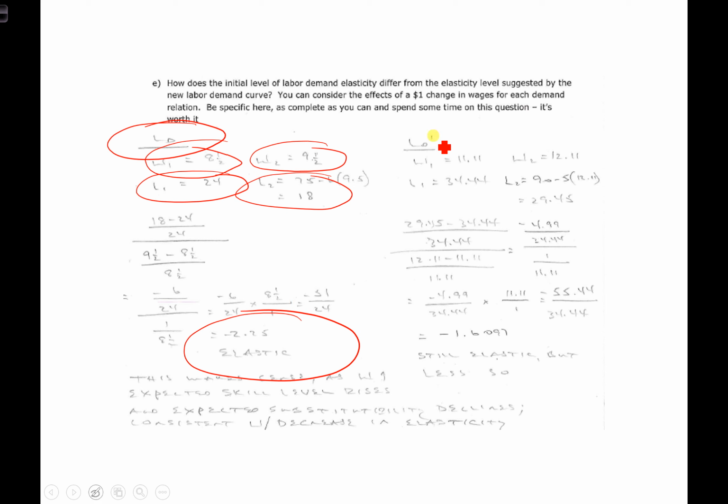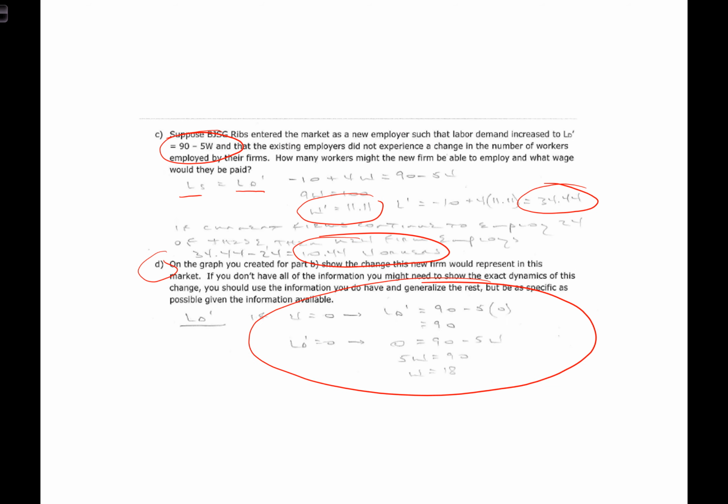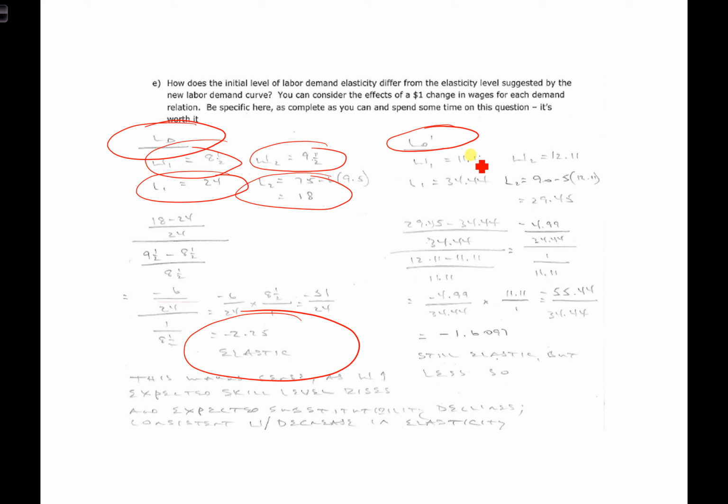So if we now think about the new labor demand relation, we're at 95 minus 5W. We can then use for W1 what we found as W prime for that new equilibrium, and L prime was at 34.44. We have a $1 increase in wage that takes us to 12.11, and now we have a new L that takes us down to 29.45. We put those values all into the elasticity relationship, and we end up with an elasticity of negative 1.6097 or